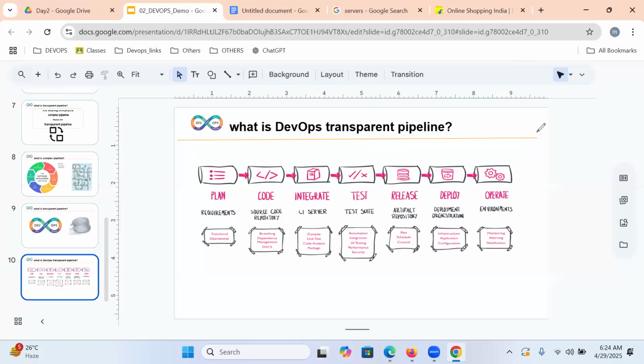This entire process of delivering software is nothing but our DevOps transparent pipeline.